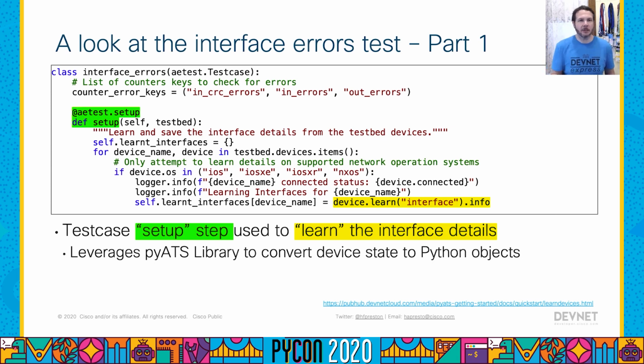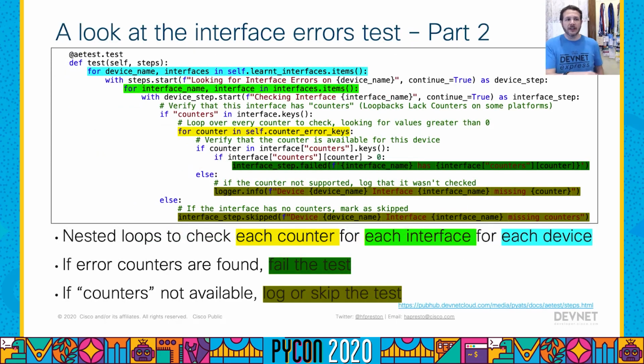And that's the magic behind the pyATS library component of the overall ecosystem, is it removes that necessity for the individual developers to write the regex or learn how to parse that clear text data that comes in as it goes through. Now, still on the interface error test, here we can see an example where we've got